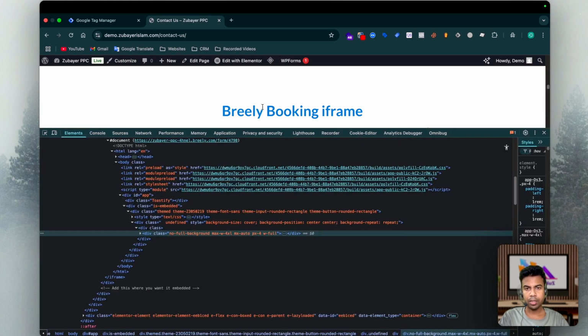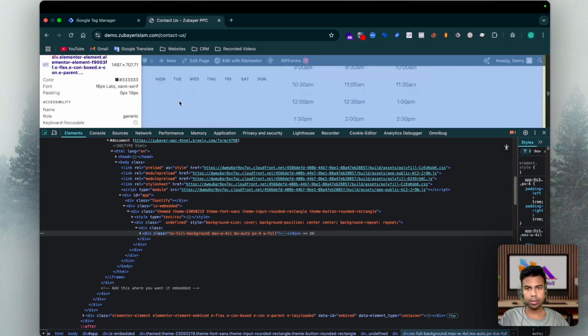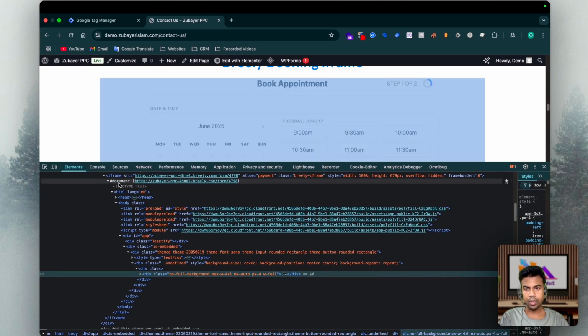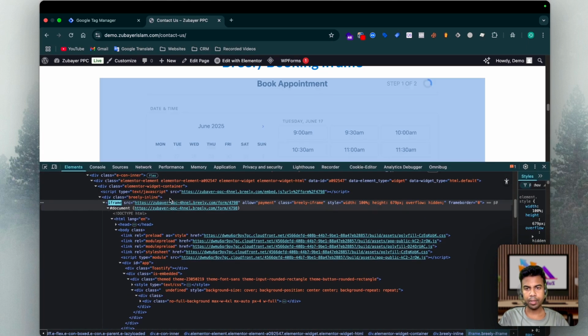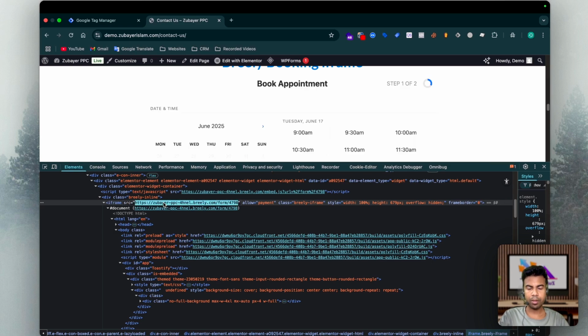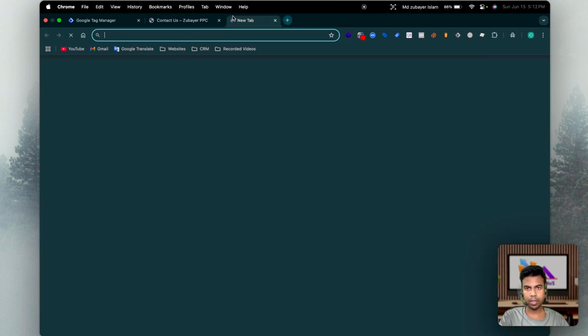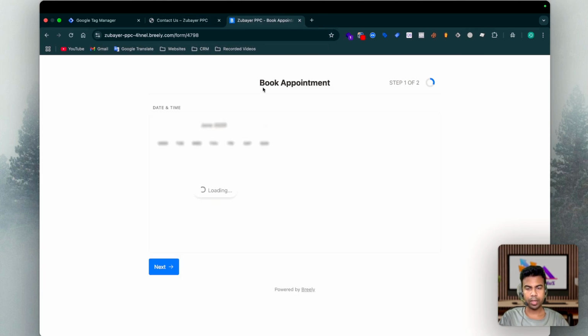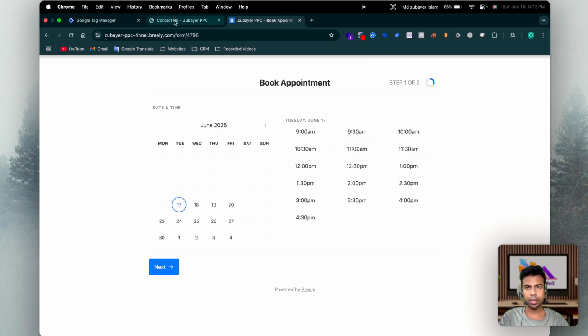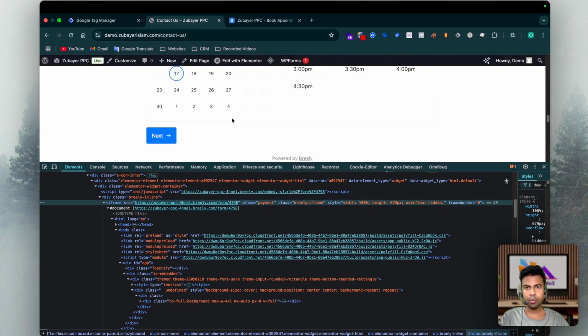We can see. So let's go on the form. Yes, see here it is working as an iframe, and this is actually the form source. Let me copy and paste it on another tab to show you. Okay, so actually this is the form source, and this form is working as an iframe on the WordPress website, and